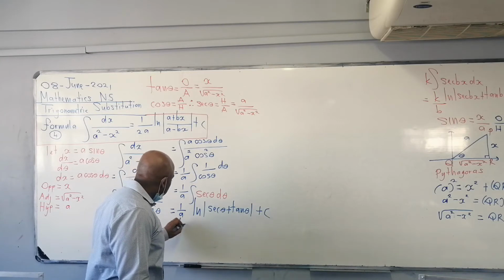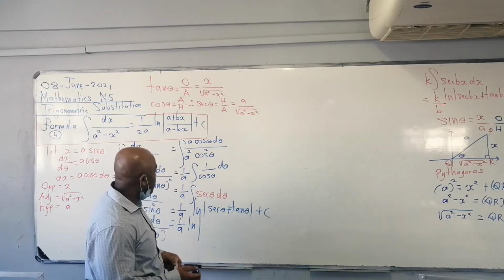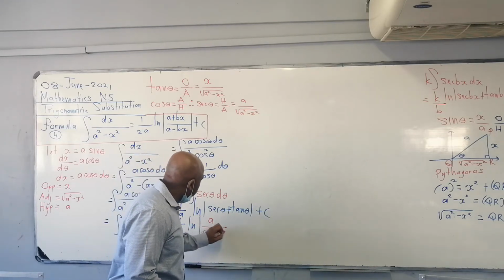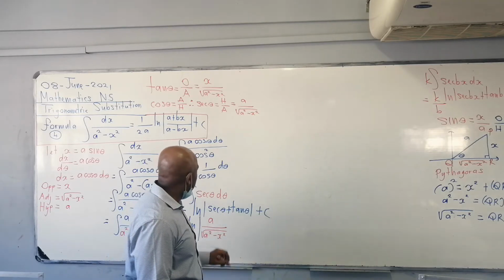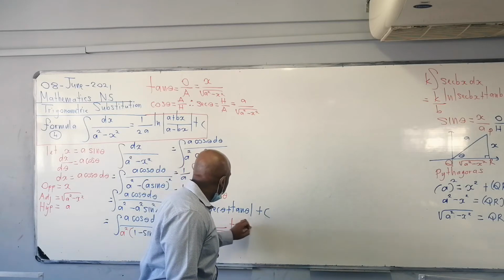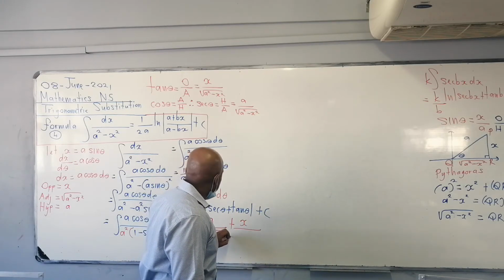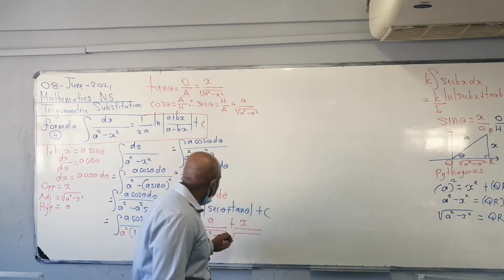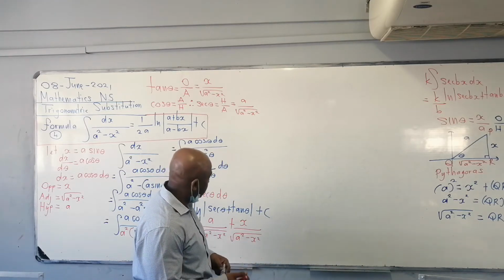So that's going to be 1 over a ln sec theta, which is a all divided by the square root of a squared minus x squared, plus tan theta, which is x all divided by the square root of a squared minus x squared,